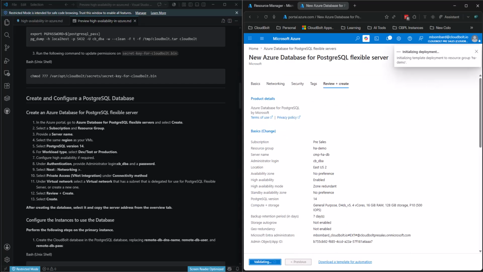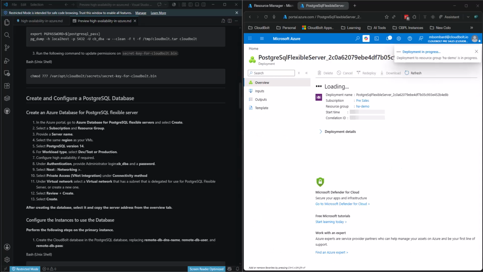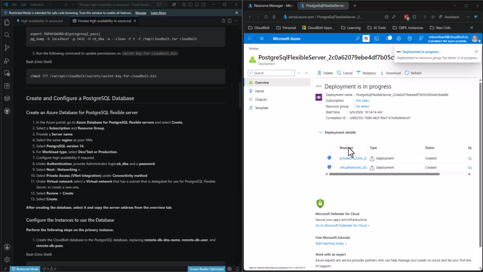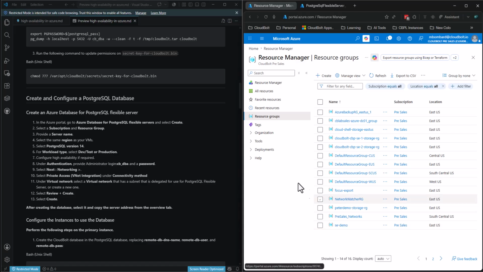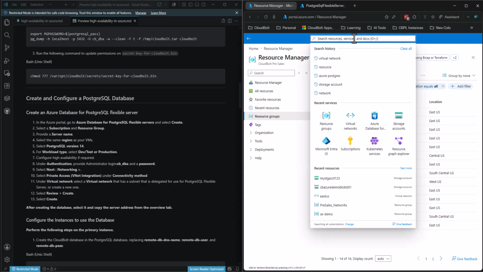Let's just make sure it validates. It is now deploying my Postgres instance. So while that's running, we're going to go back over and I'm going to create some new virtual machines. So if I go to